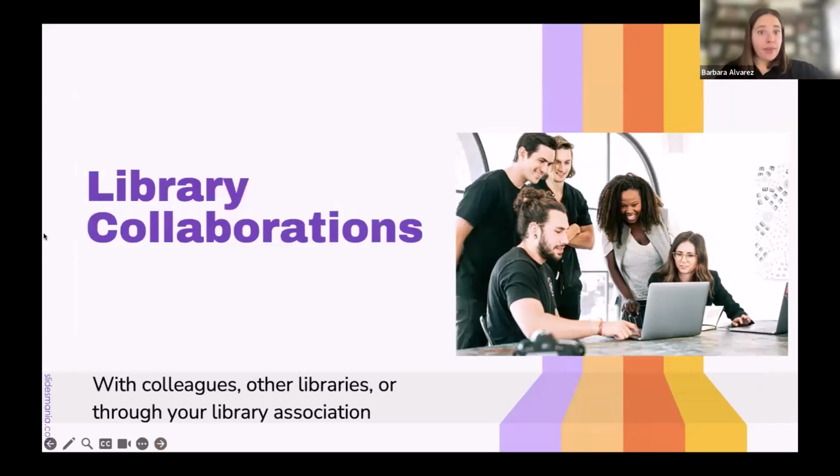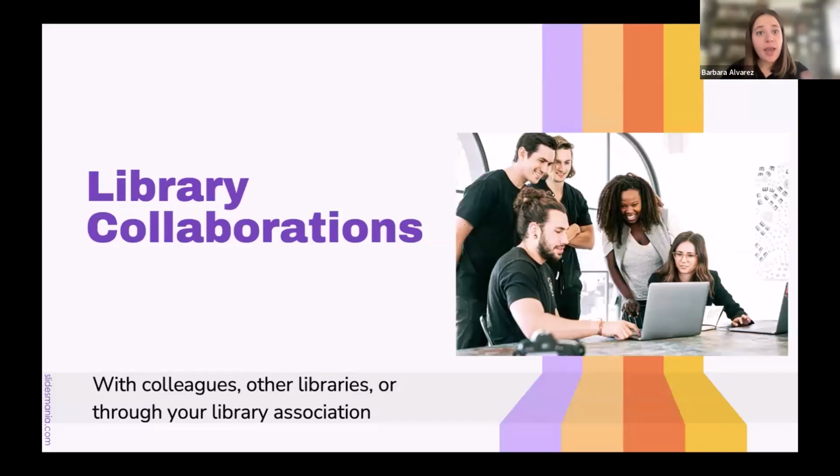Now, we can't do everything, and nor should we do everything. And also, we aren't the experts on everything either. So I highly encourage you to develop collaborations when you are doing sexual and reproductive health collection development, references, and in creating inclusive spaces. Whether this is just at your library, maybe you have a committee of staff at your library, informally or formally, whatever it is, where you actually brainstorm together so you're not the sole person working on this. Or if you can work with other libraries in the area and come up with ways that you can